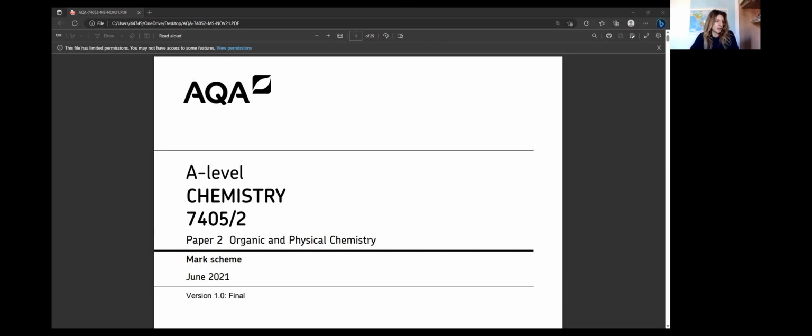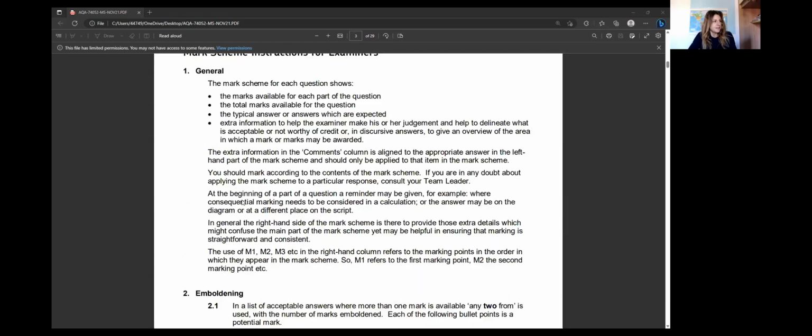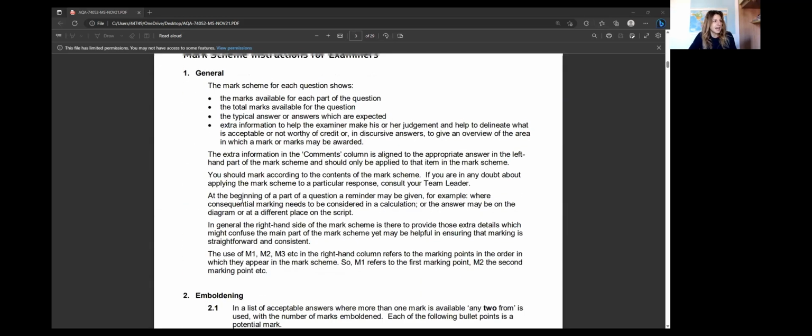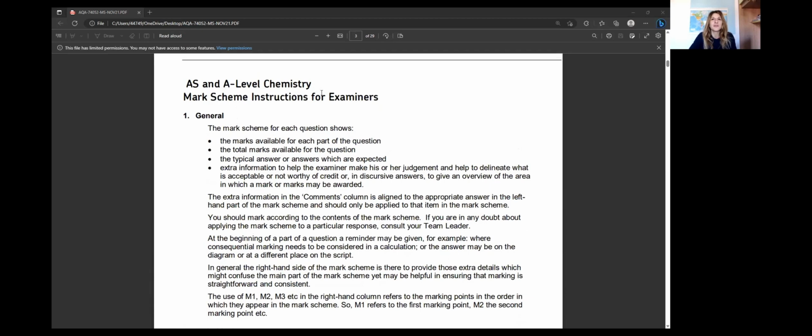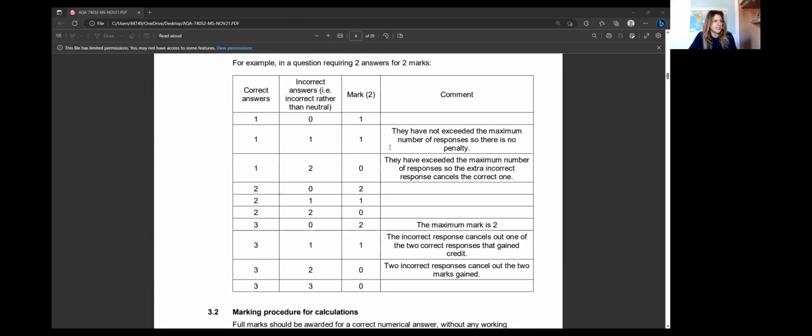I'm looking at paper 2 just because that's the organic one. A lot of the AS content of organic chemistry will come up in this paper, but also in paper 2 of the other exam boards. But this is particularly useful because of the introduction that it has. In fact, the marking scheme, apart from a guidance for examiners. So imagine that if you know how to mark the paper, it means that you also know how to answer the questions. That's why it's really worth it to read through it and understand a bit the marking